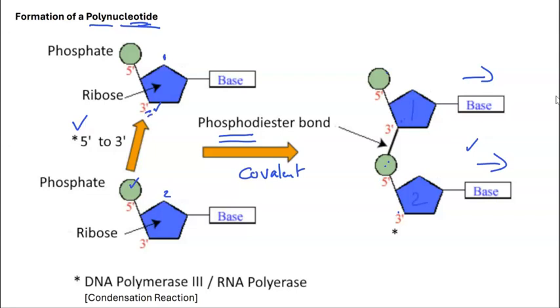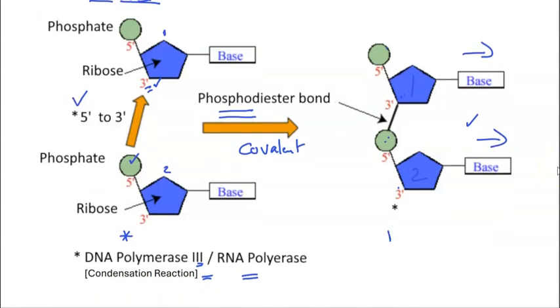And this in DNA is the function of the enzyme known as DNA Polymerase 3. This, by the way, is a condensation reaction. In the polymerization of the chain to form an RNA chain, the enzyme involved is RNA polymerase. And so now, having joined the two nucleotides together, we have what is actually called a dinucleotide, small point really,